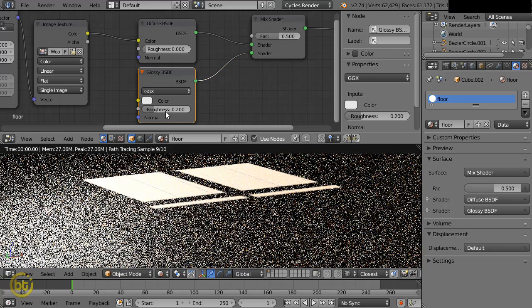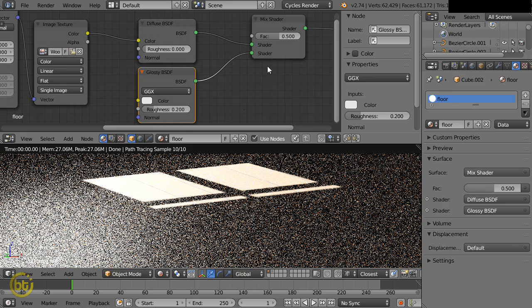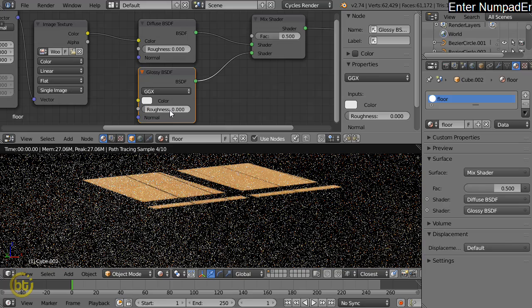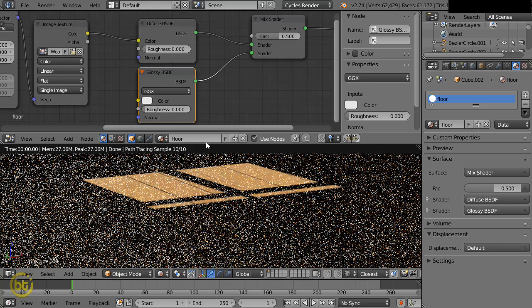Okay, and you will get something like a weird effect because of this glossiness. The roughness, by default the roughness is 0.2. This one is too high. If we set this one to completely 0, you will get 100% glossiness. You will see you will get some fireflies here. This is the glossiness. And if I set this one to